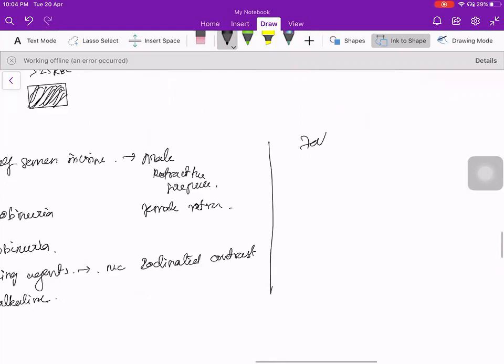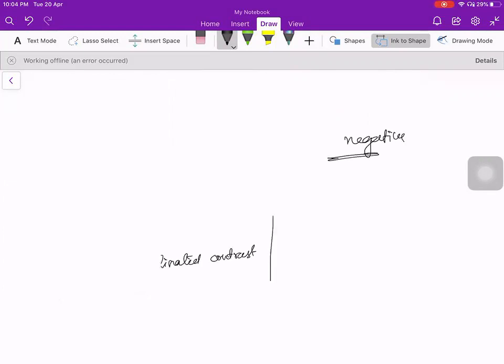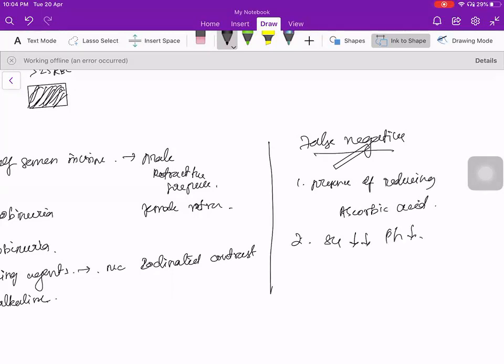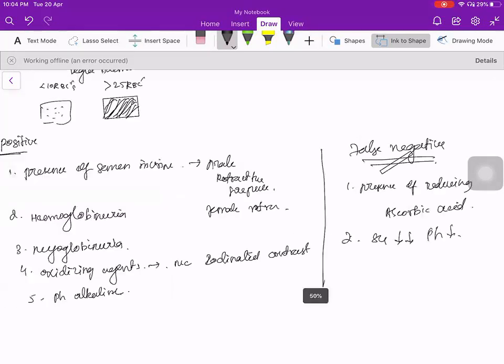What are the causes of false negative results? Presence of reducing agents in the urine, especially ascorbic acid. Specific gravity will be very low, and pH will be very low in this patient, in false positive. So one thing,